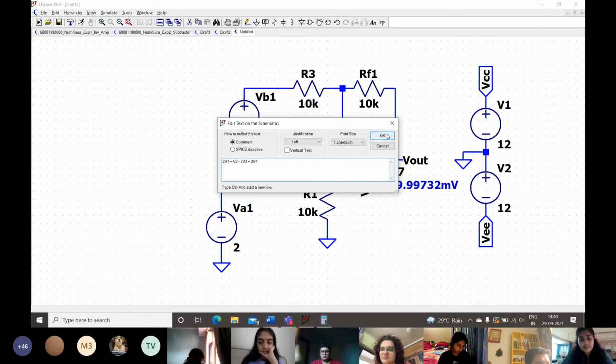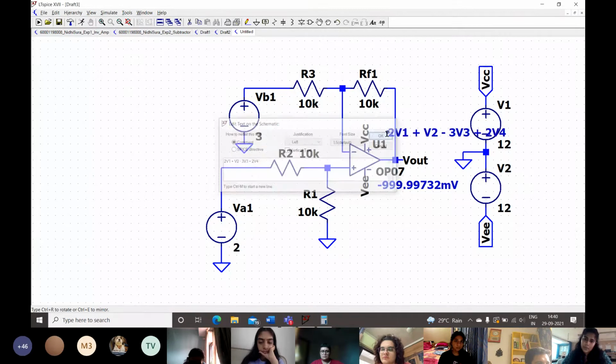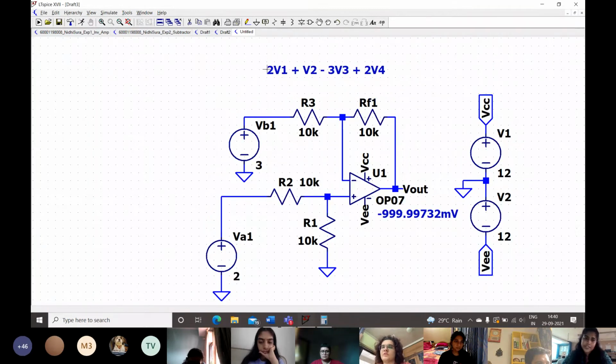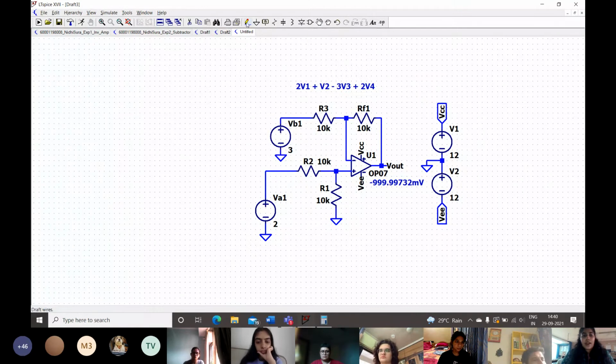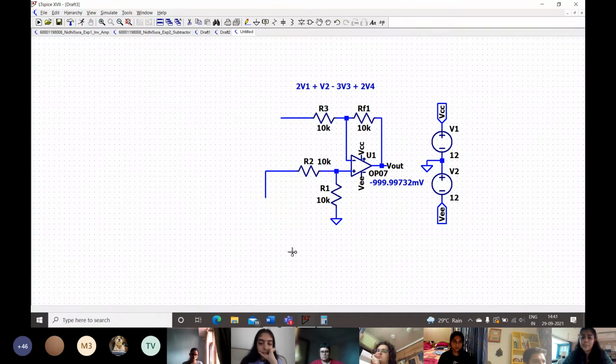I'm going to go ahead and place this text right here. And what I'm going to do is delete these voltage sources here so that we can actually add our summer circuits before this.